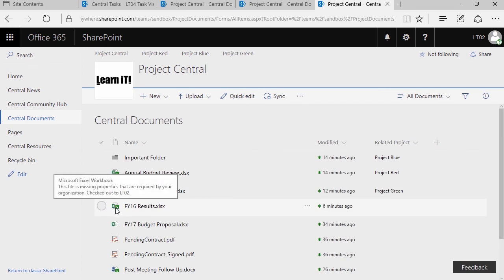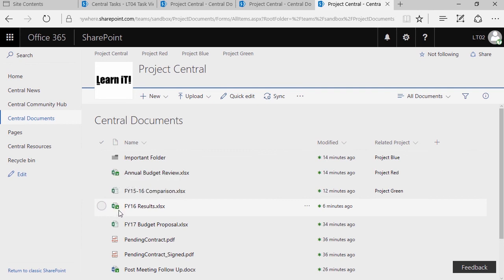So keep in mind, if you've ever uploaded a file before and it just instantly checked itself out, it's usually because it's missing some information. If you're not sure whether somebody's checked it out or if it's missing information, simply hover over the green icon and it'll tell you. In this case, you can see here that the file is checked out because it's missing